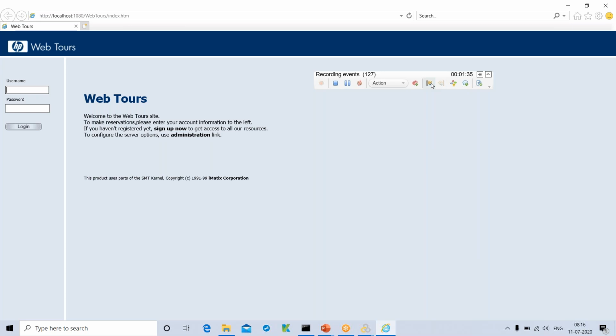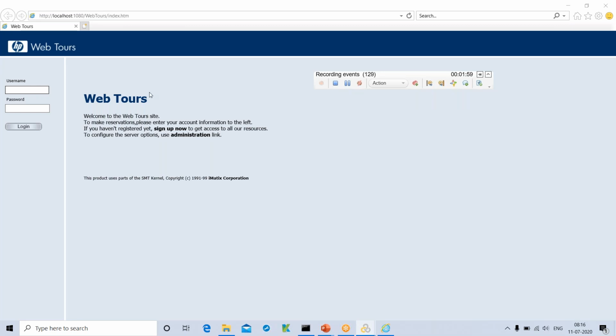For example, here I have already launched it, so I just want to capture the time taken for login. So I'll click on start transaction, and I'll give the transaction name as WebTours application name underscore login. This is the transaction name that I want to record, and for which I want to capture the response time.